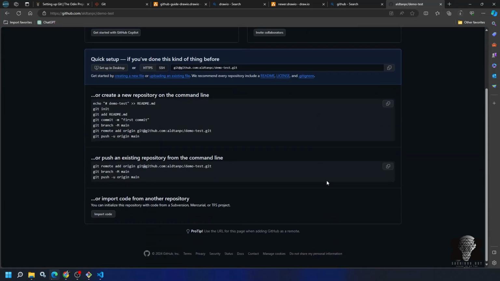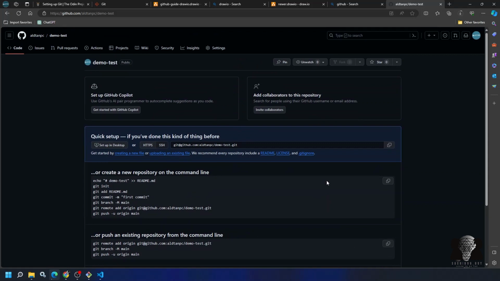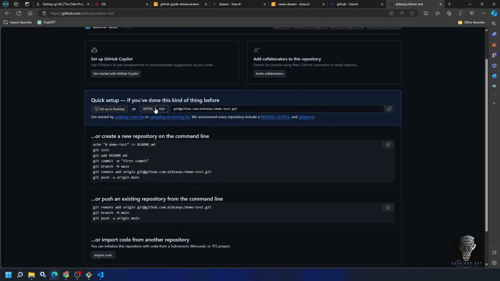Yes, so now we have created an empty git repository, and there are two ways I can access this repository. Here we can see the https command and the ssh command. This is the link to the remote repository that is available on the cloud. I can access it through this https command or the ssh. SSH is a more secure command